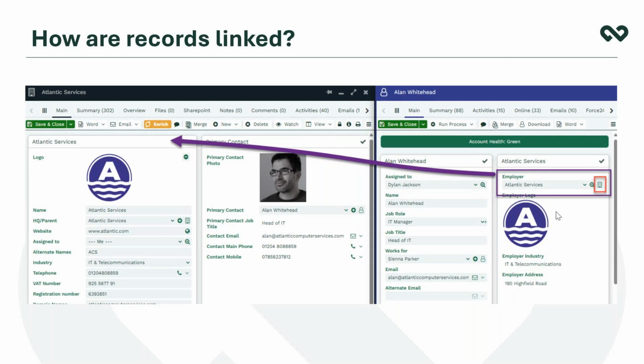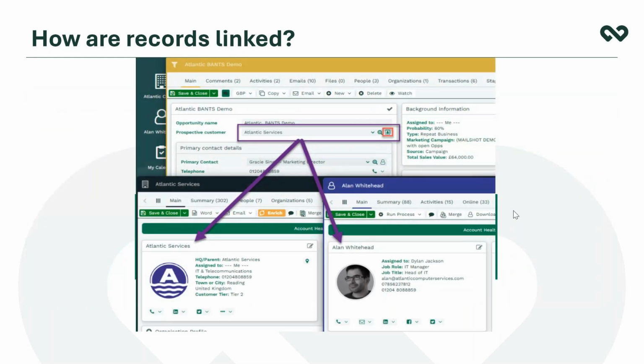So, for example, if we were to look at an opportunity, whether you're a B2B or a B2C business, the prospective customer field can only be populated with either a name of an organization or a person. Now, when added, that creates a relationship between the opportunity and the record that you've related it to. So with this relationship, you can build a report that looks at opportunities where a customer comes from a certain area or region. And with that in mind,